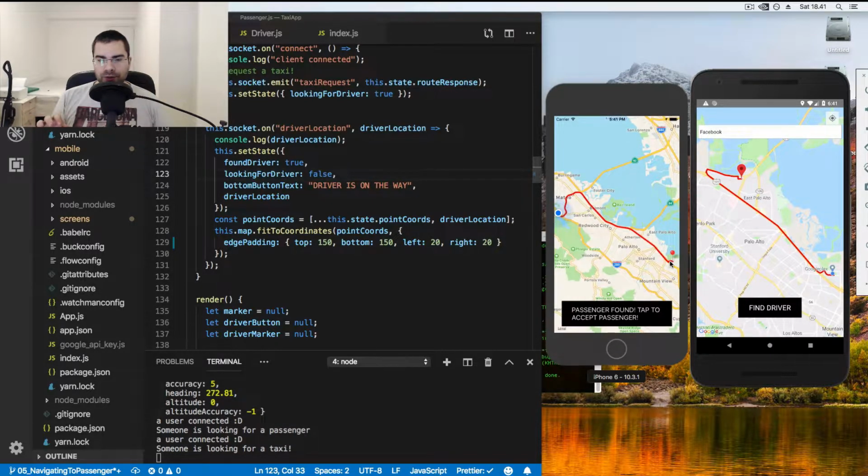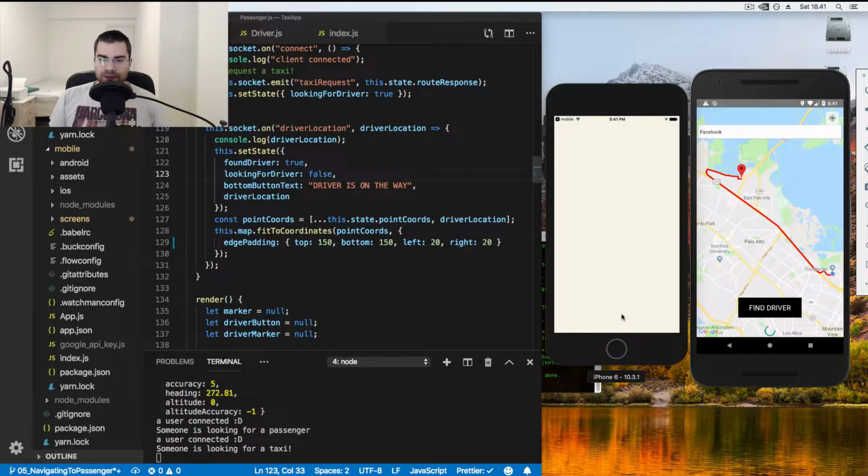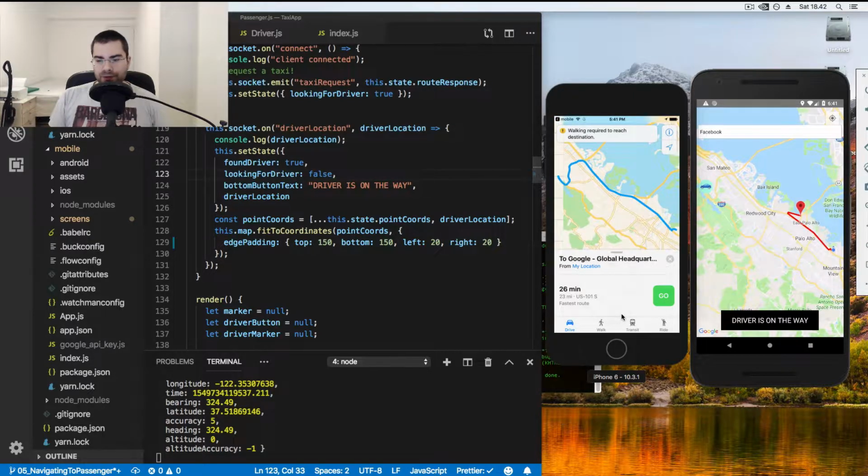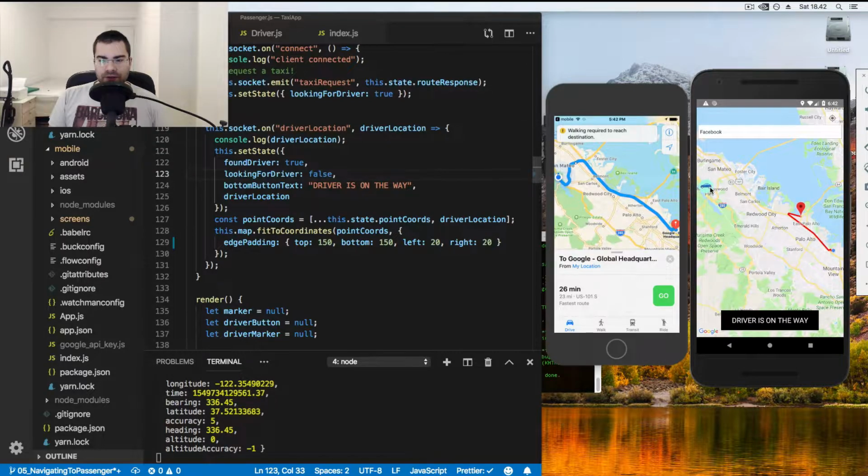Now what we're going to build is that the driver can accept the passenger request, and then the passenger gets the location of the driver in real time as he is driving towards the passenger. So if we go and tap to accept the passenger request, we get thrown into navigation mode for the driver. So the driver gets a route navigation to the passenger, and the passenger also sees a little icon where the